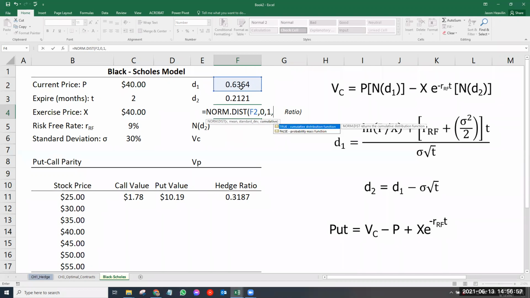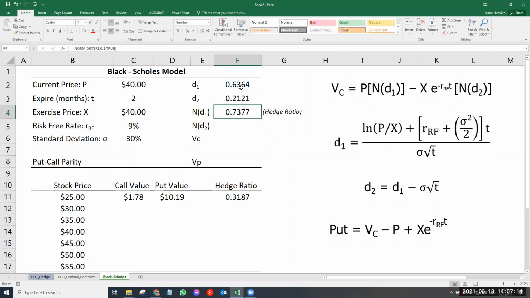And then it wants to know if it's a cumulative or probability mass function. We are going to be working with the cumulative distribution function, so we want to write the word true there. Once we have that, just hit enter, and that gives us the probability